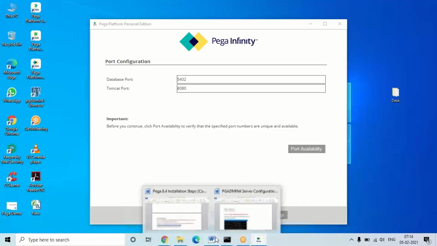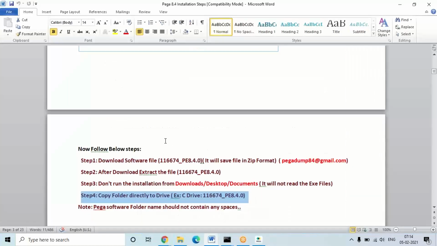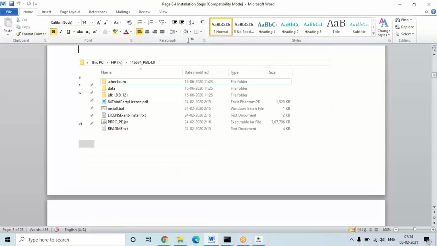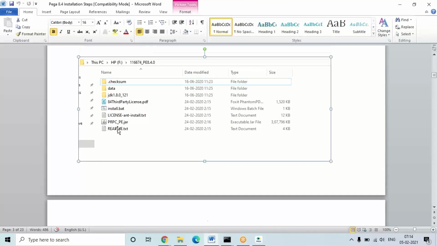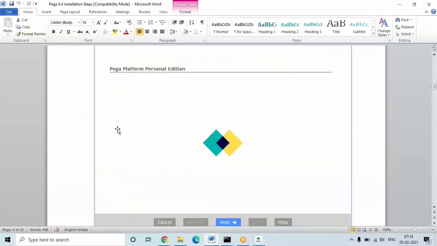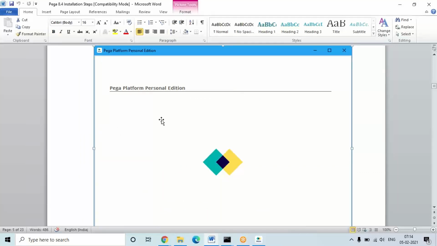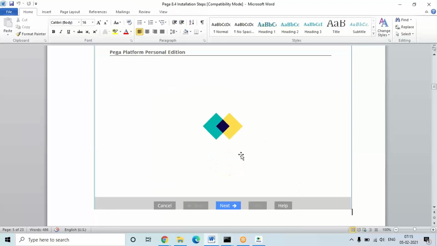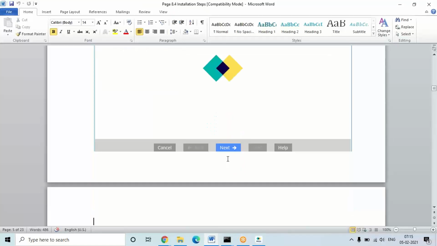So let's once again see. Once you start the install option, first of all, once this folder is open, you can see the install file. You have to click on that install. Then it will load some window. Actually, in the background this command prompt window will also load, and you have to minimize that. Then after that, this installation wizard will open.